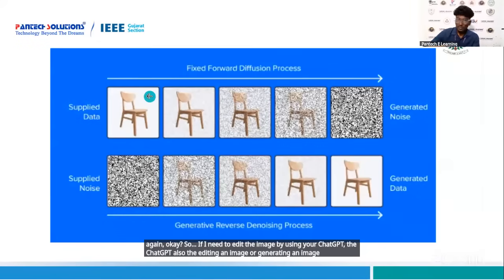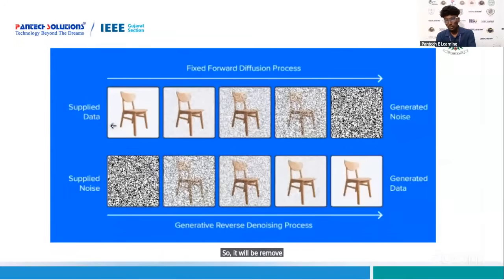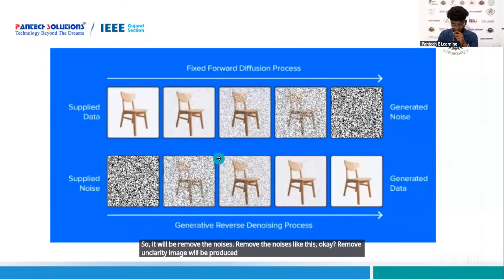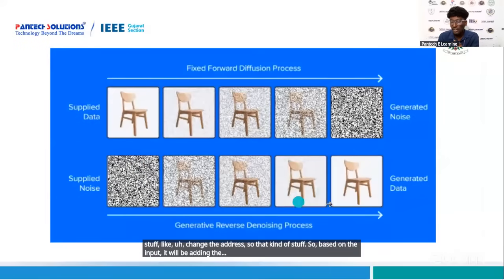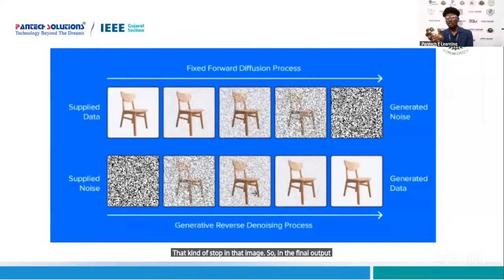If I give it my image and want to change it, it uses a concept like VAE. It removes the noise, and a clear image is produced. After that it adds whatever input I tell it. If I say I need to change the dress, based on the input it adds that kind of change to the image, so the final output changes based on your inputs.